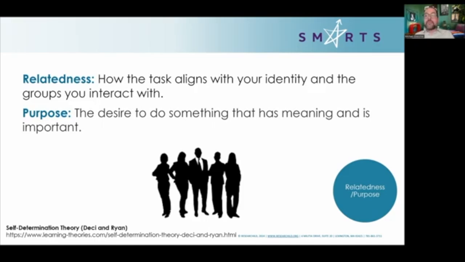So relatedness: you're asking a student to use a planner one-on-one, and they're doing it, but then their friends are like, oh, who needs a planner? And that friendship identity is stronger than the make-my-learning-specialist-happy identity. You lost the battle, right? It's not aligned with the identity they're trying to put out into the school. A kid tells you the most fascinating way to break down something and estimate it. They don't want to raise their hand and share it in front of the class, right? The different competing identities are affecting their motivation and their desire to explore, use, and share the strategies they have.